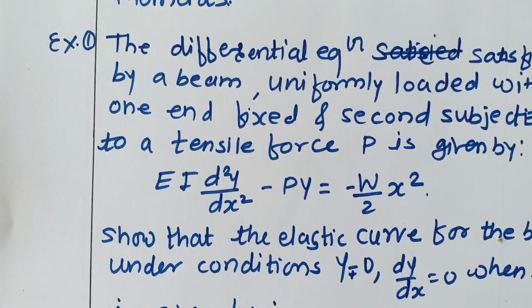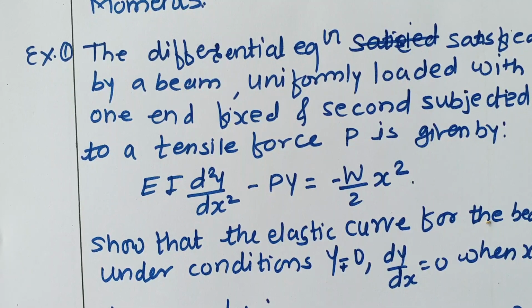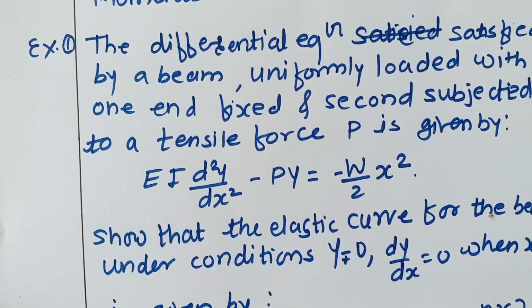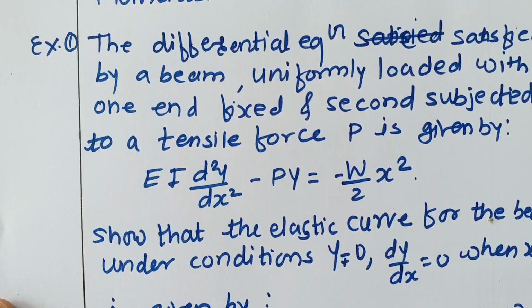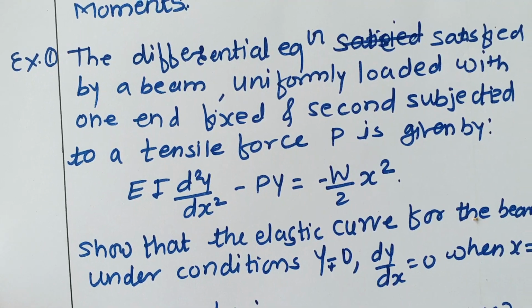And whenever it is not given, in that case you need to use the definition of bending moment, M of x equal to EI d2y by dx square. Using that relation we form a differential equation and we solve the given problem. So first we'll start the examples in which the differential equation will be provided to you, and that will be